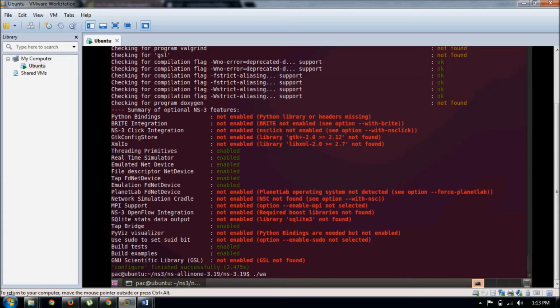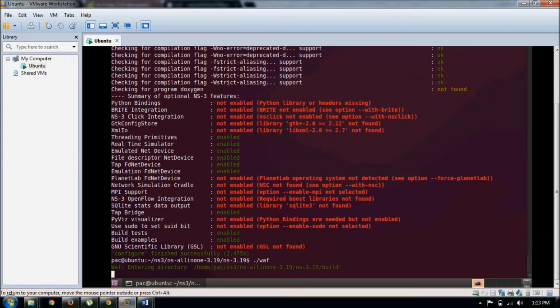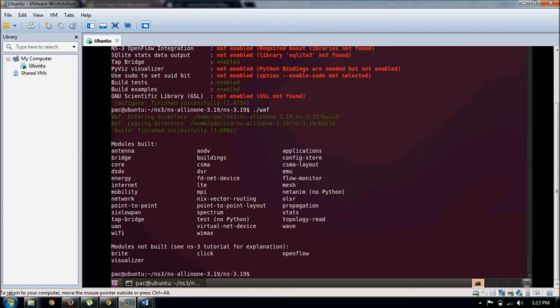So again, you need to type the command ./waf to see whether it is enabled or not. Once you get the output like this, we can build whatever program we have typed. This is the sentence that shows the build finished successfully. Now we can